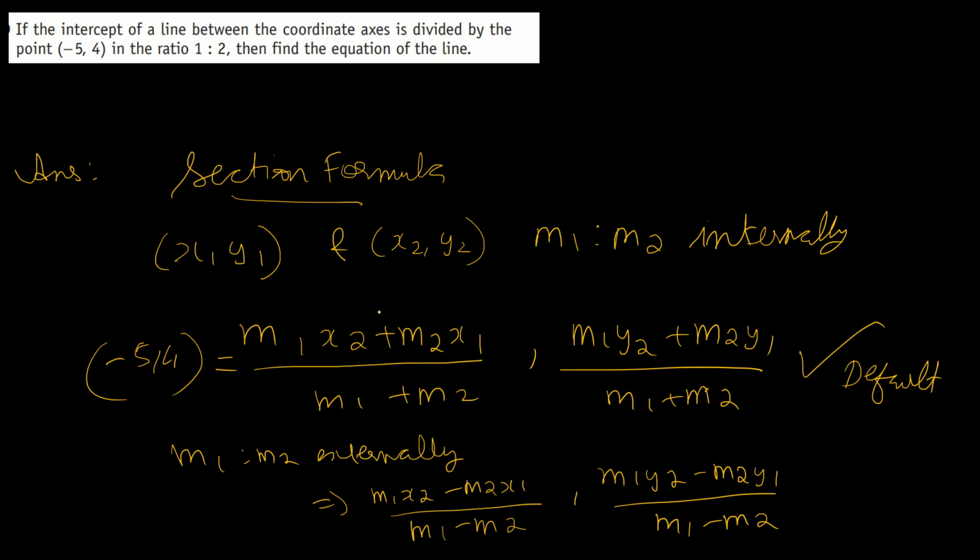Since it is mentioned as the intercept of a line, we are going to take the intercepts of the line as the points. So let the intercept of a line